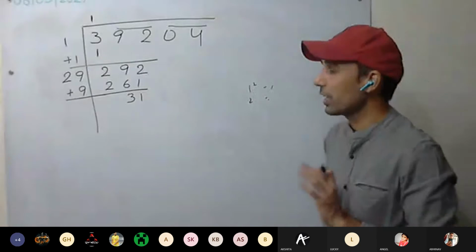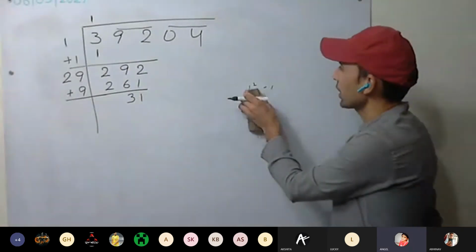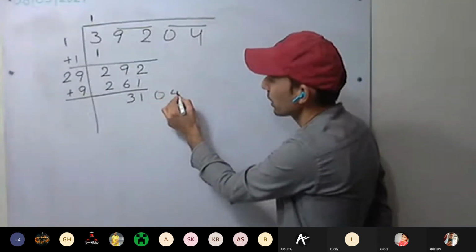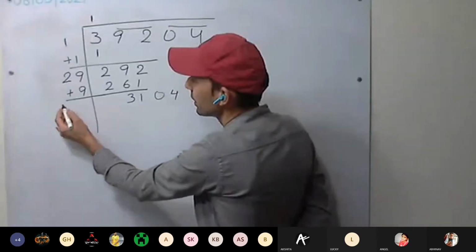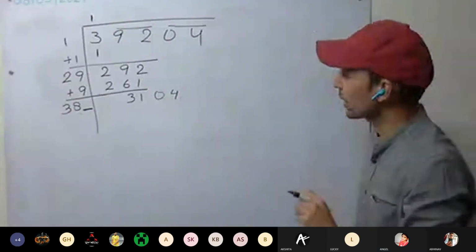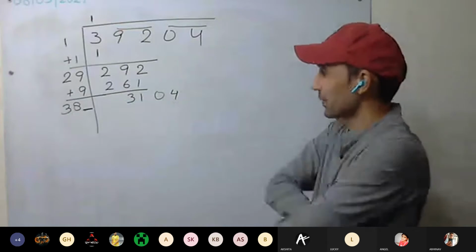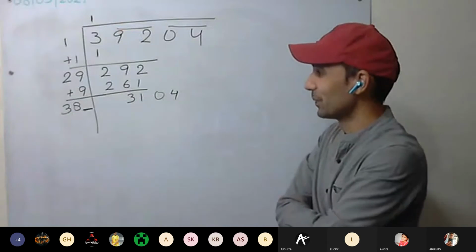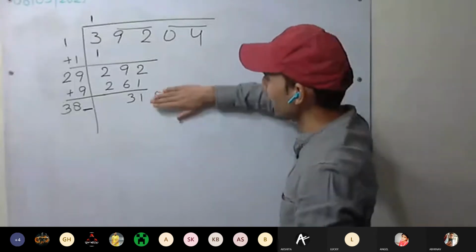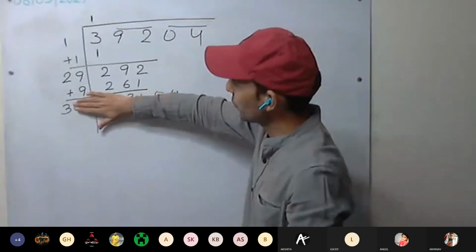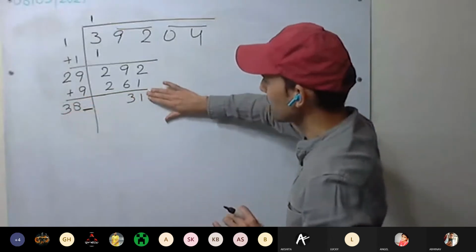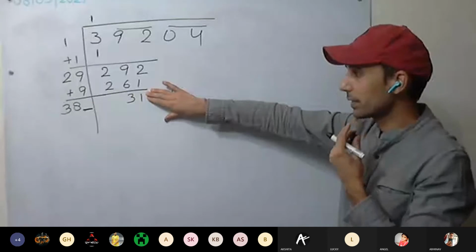Is this clear? Anyone have doubt till now? No, sir. Okay, what will be the next step? We have to put it here. And what will be here? 8. Here, dash we have to put. Now check it. How we are going to check? This time, forget 2 digits, as well here forget 2 digits. So here it is 3, here it is 31. So by what should you multiply?